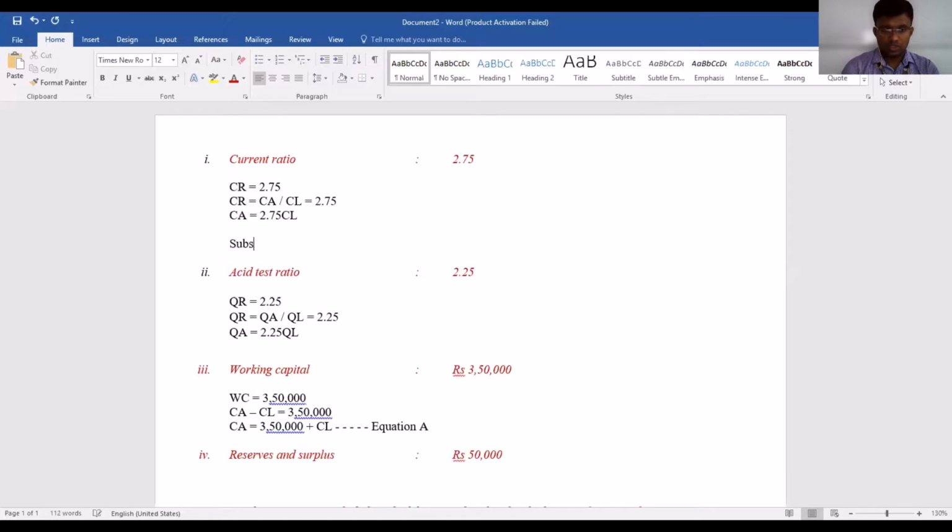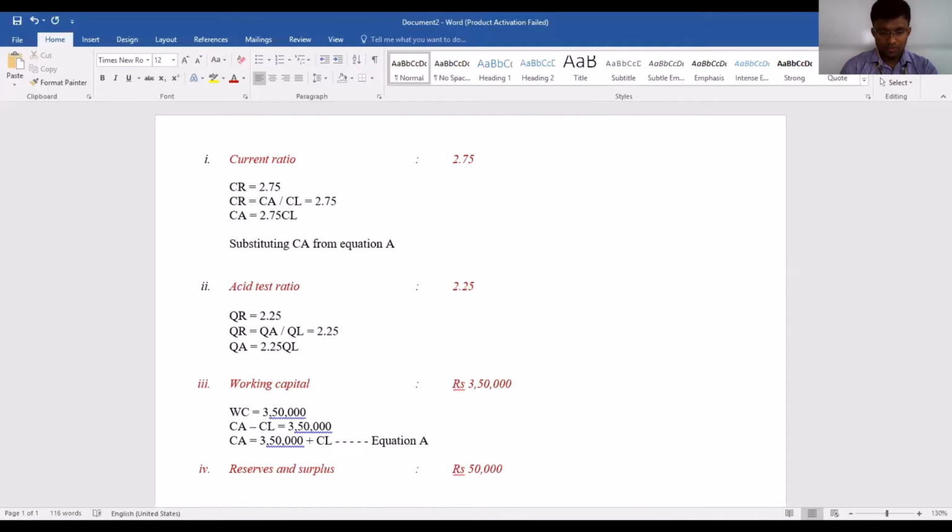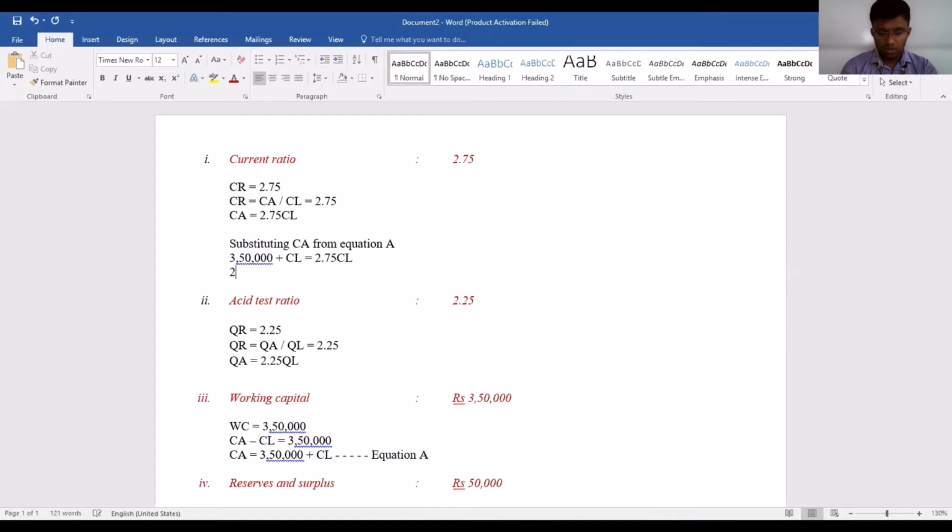So substituting current asset from equation A, we get 3,50,000 plus current liability, which is equal to 2.75 times your current liability, or